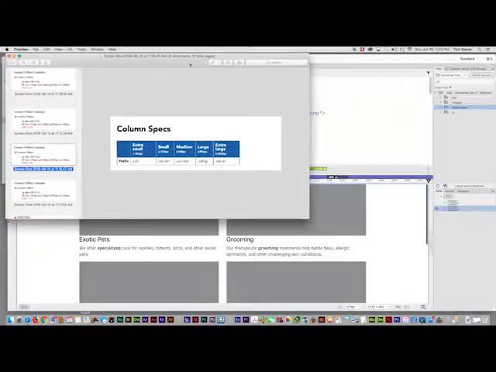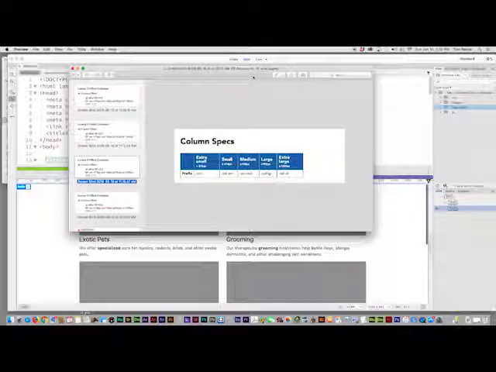All right, so taking a more detailed look at what I'm talking about with the column and its specs and how that functions. Right here, and I know it's a little hard to see because it's a little pixelated, extra small is less than 576 pixels. So when your window gets to less than 576 pixels,